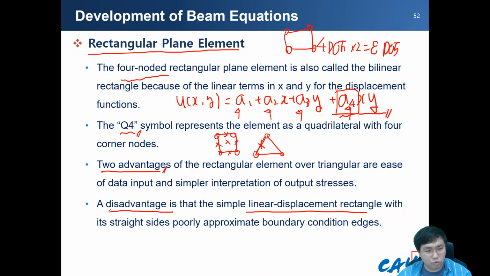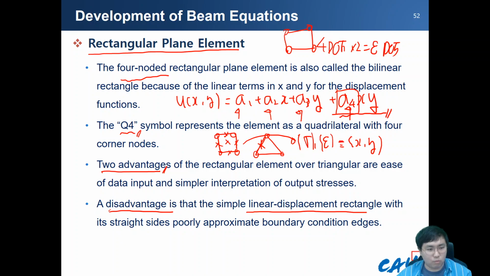It gives more accurate values inside the element, and returns a more accurate stress and strain field. In the triangle element, the stress and strain are simply constant. However, in the rectangular element, they are defined as functions of x and y,